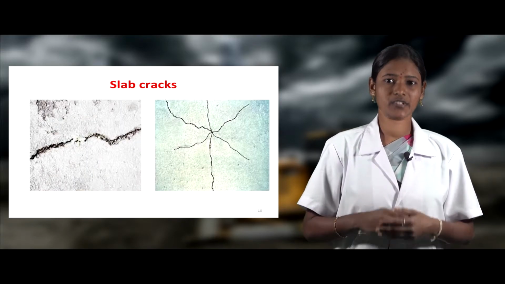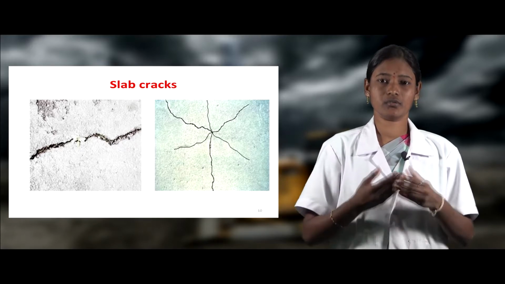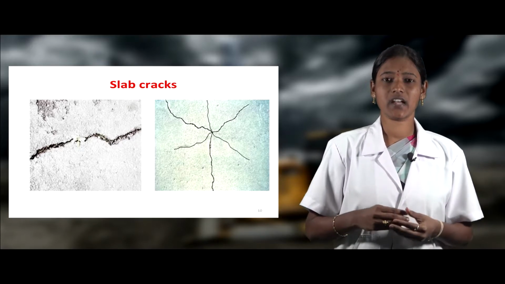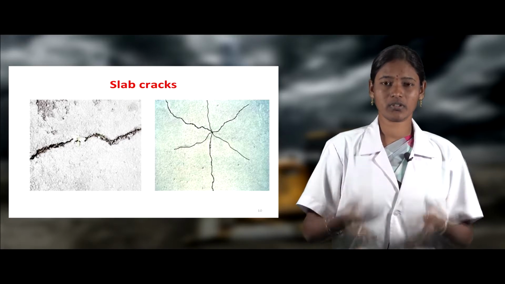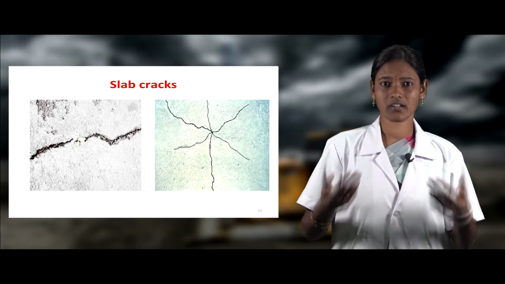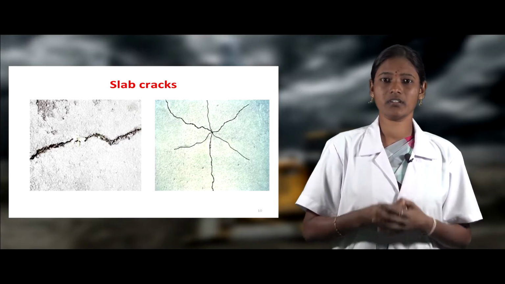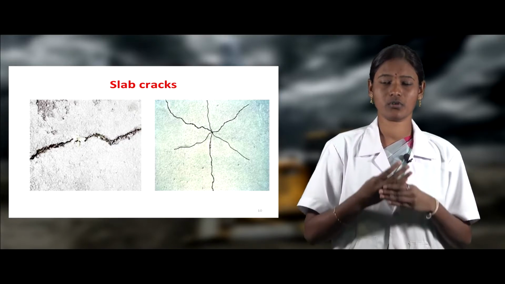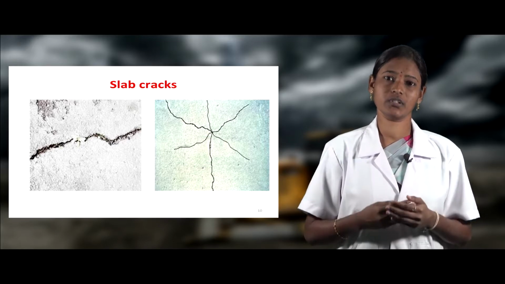This is an example of slab cracks. These slab cracks are due to overloading or improper design. They cause root cracks, which develop further until the load cannot pass through the slabs. When the slab is overloaded, the beams carry the overload and pass it to the columns, and the column buckles. This causes failure in the structure, and the structure may collapse. In order to prevent these slab cracks, they should be treated at the initial stage itself using epoxy injection resin methods.